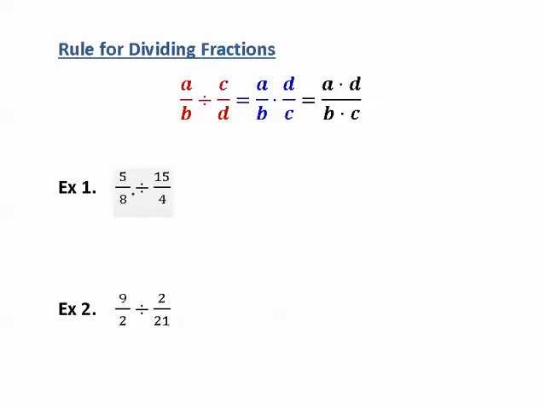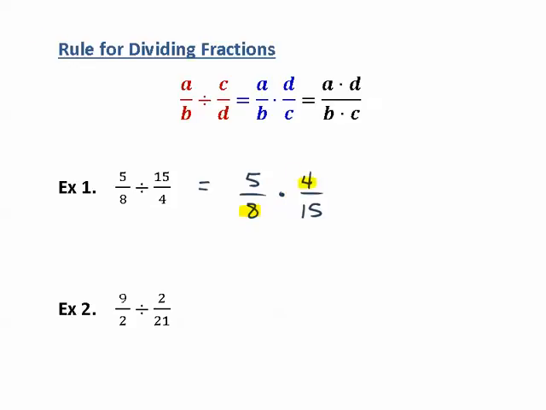So in this example, we have 5/8 divided by 15 over 4. So we keep the first fraction, change our division to multiplication, and we flip the second fraction. Now hopefully this is obvious, the most common mistake people make with this is they flip the wrong fraction. So it's always any fraction that's to the right of a division that gets flipped. It doesn't matter how many you have. If you have a fraction to the right of a division, it gets flipped, and then you change the division to multiplication. So now that we're multiplying, just like we did in the previous examples, on the diagonals